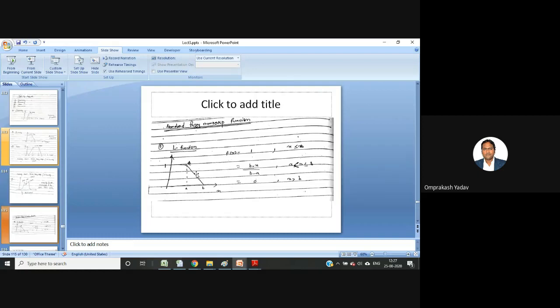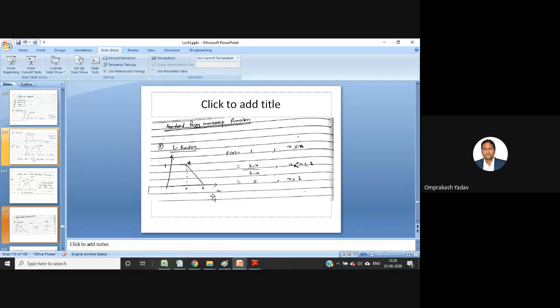If you want to calculate and determine the equation for this line, then you mark both points of the line, and by using the two-point form you can determine the equation. This point will be B comma 0, and this point will be A comma 1. A is your x-axis point, and the y-axis point is 1, so A comma 1. Once you get these 2 points, you can determine the equation for this line, and represent it in terms of y equal to, and then you will get this equation.